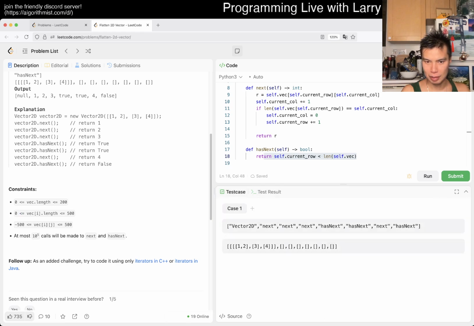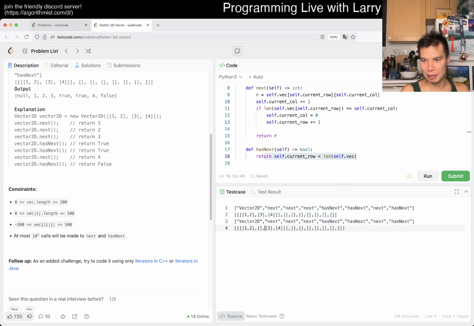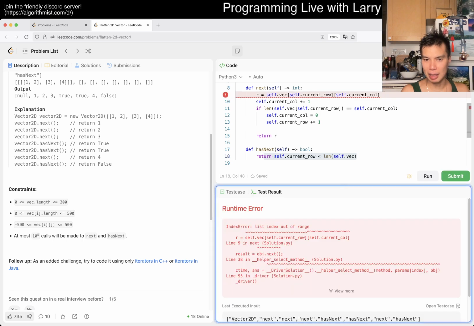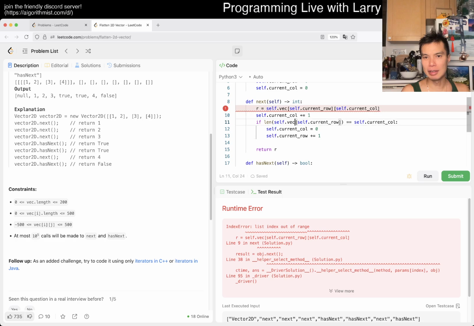We have to pay attention to it. So maybe just add a quick empty one just to see, and you'll be out of bounds. Yeah, so then maybe this could be a while loop. I think that's mostly it.